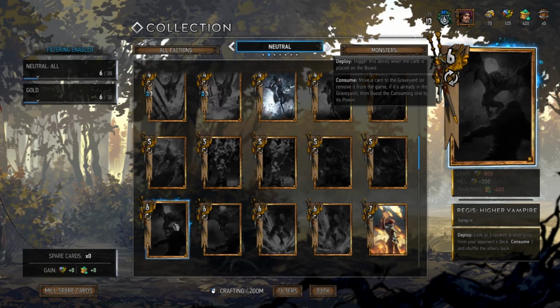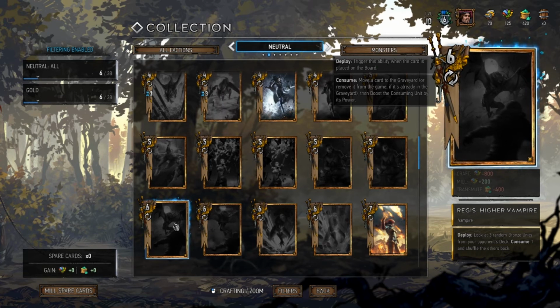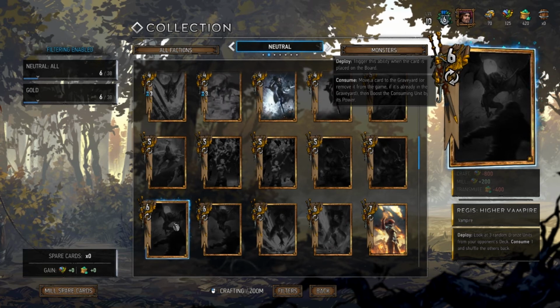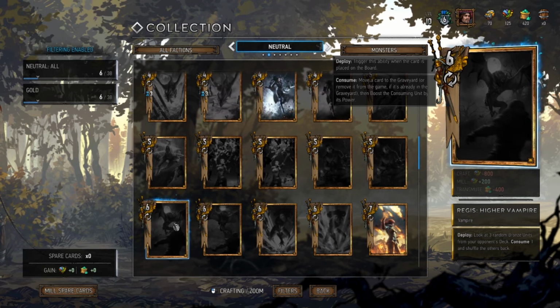So if you're playing against maybe Nilfgaard Reveal, for example, they'll actually be boosting a lot of cards, like spotters, for example. If you hit a spotter with a Regis Higher Vampire, you might get up to maybe 15 to 17 strength just off that alone. As I mentioned, it is a bit hit or miss because it is 3 random bronze units from your opponent's deck. It's not necessarily going to be the most useful thing all of the time, but if it hits